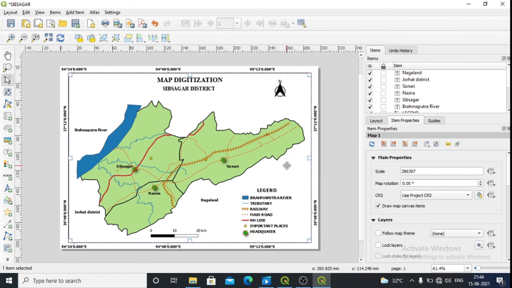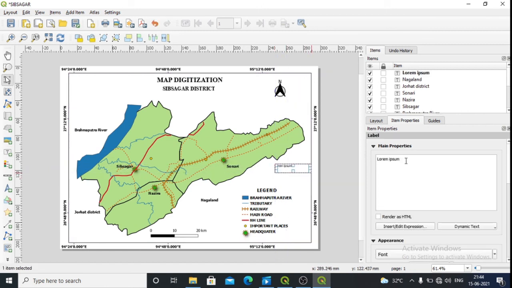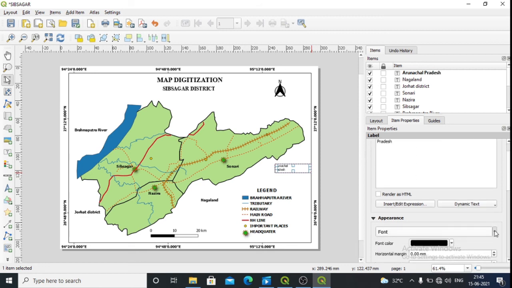Here we have Arunachal Pradesh, on this side. So you can add Arunachal Pradesh also. This is the label. Since there is not much space here, I have written it like this, Arunachal Pradesh. Increase the font to 12.